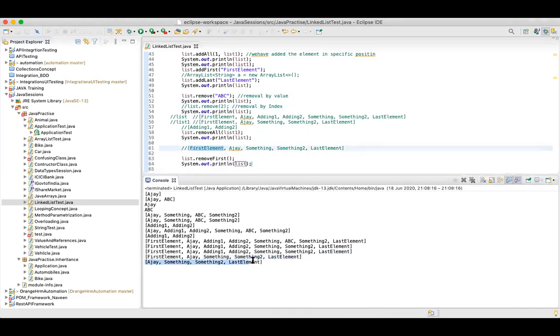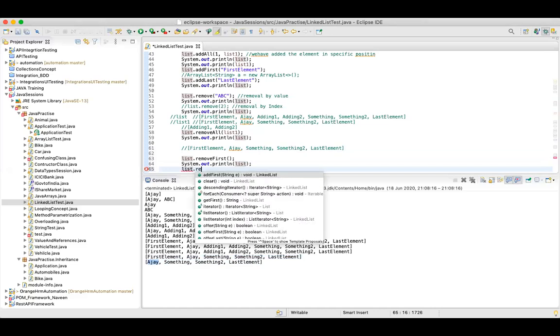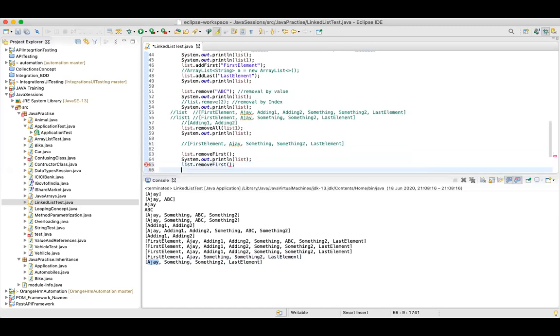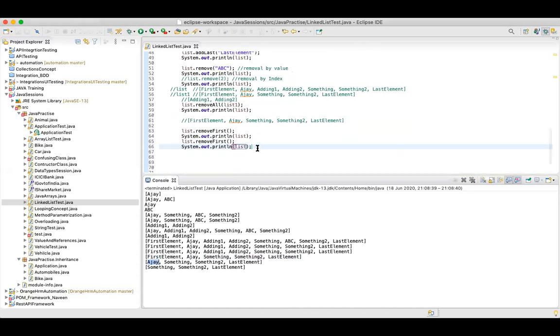Now which is the element at the first position? Ajay. If I say list dot removeFirst again and then print the list, it has removed Ajay, because now Ajay was in the first position.